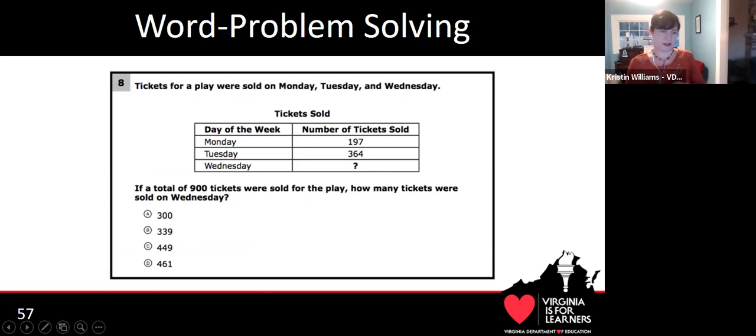So here's a picture of a typical word problem. They show a graph of tickets for a play sold on Monday, Tuesday, and Wednesday, with the day of the week and how many tickets were sold. And then the question is, if a total of 900 tickets were sold for the play, how many tickets were sold on Wednesday? So thinking about this problem,